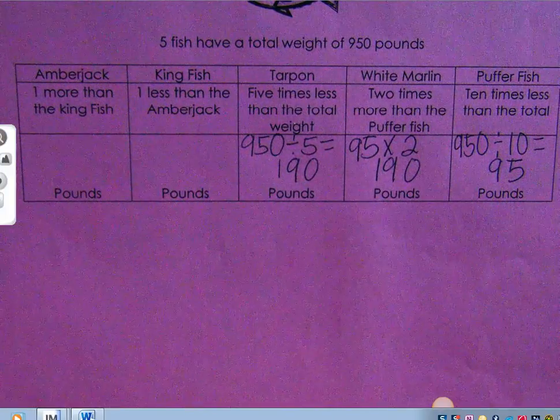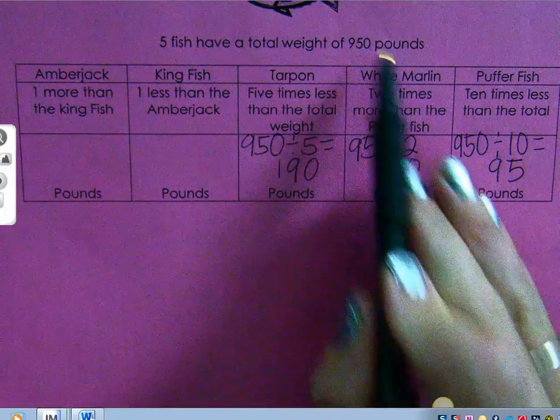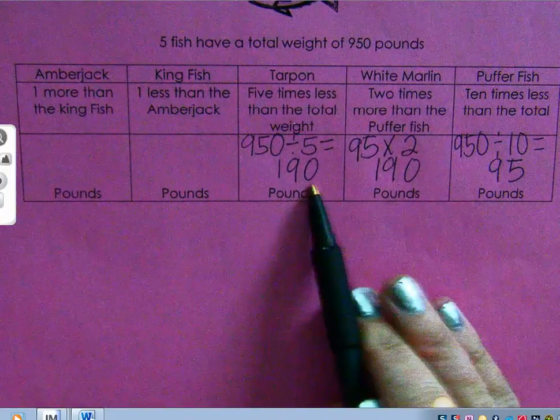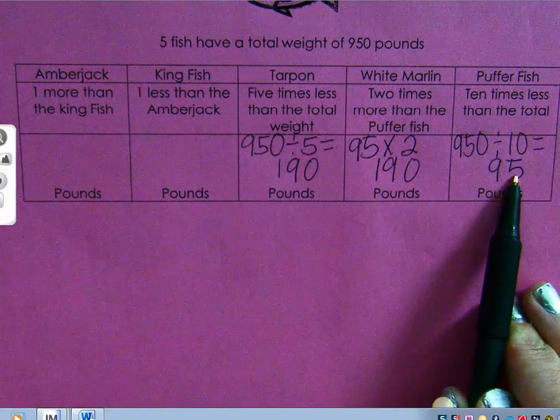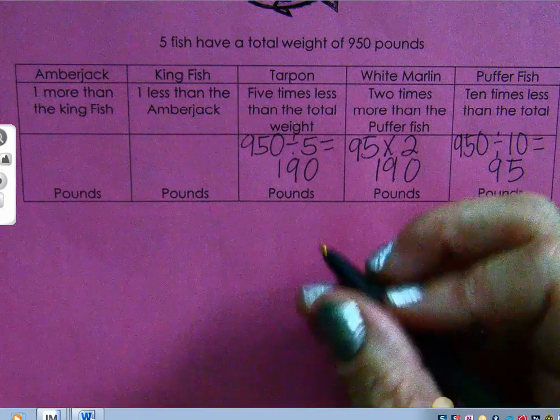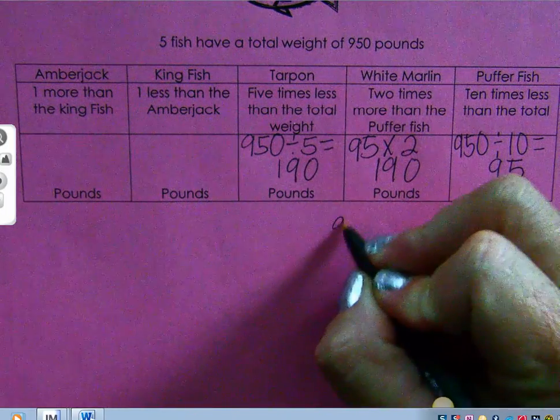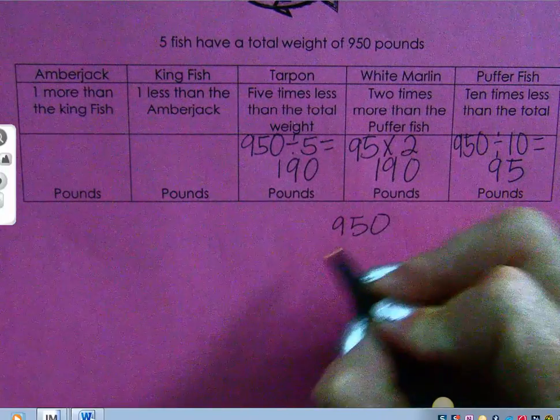All right, now we are left with, if I take 950 and I subtract these, 190, 190, and 95, I would get an amount. So let's see, I have 950 minus